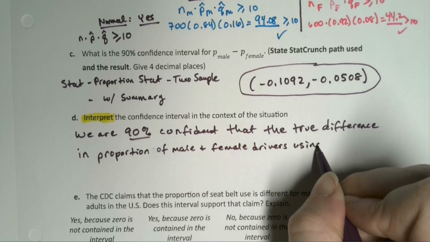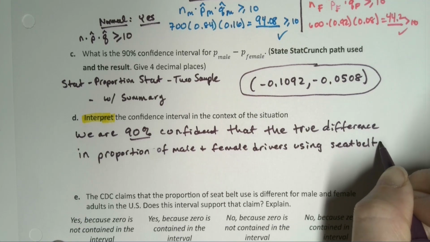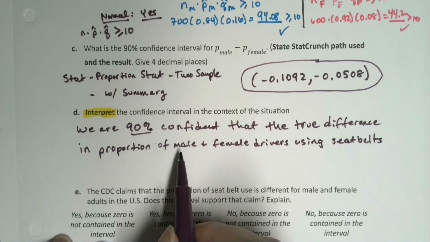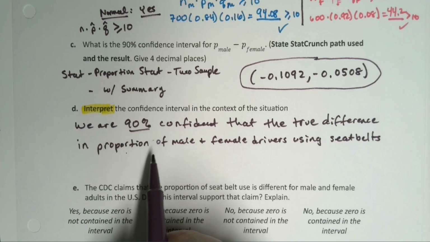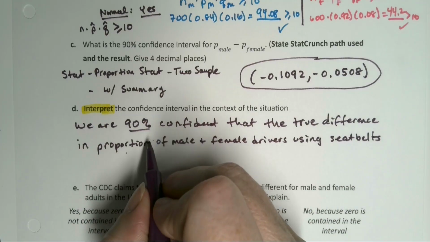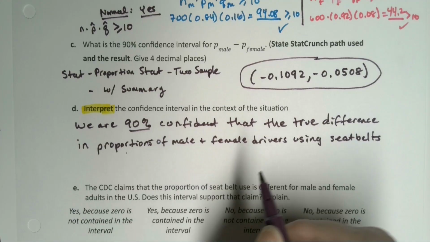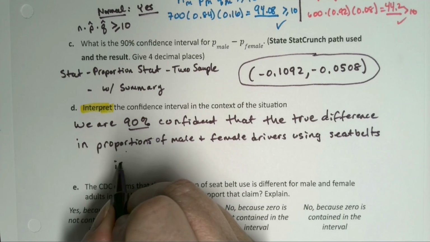Right, because that's what it was about. That's the hardest part, is to get that context. What was it about? It was the difference in proportions of what? The proportions of male and female drivers using seatbelts. I guess it is proportions, now that I'm saying it. Proportions of male and female drivers using seatbelt is between